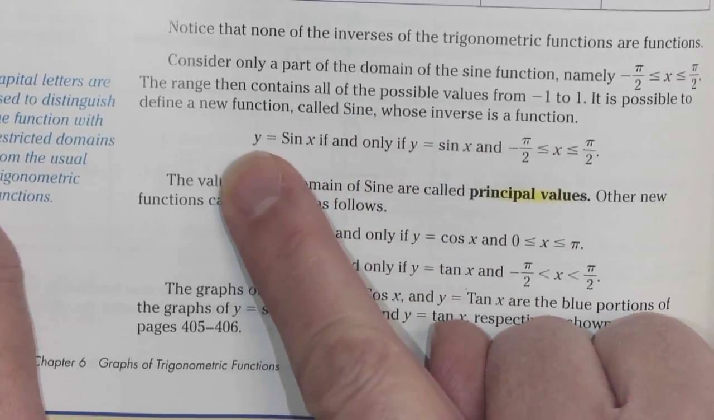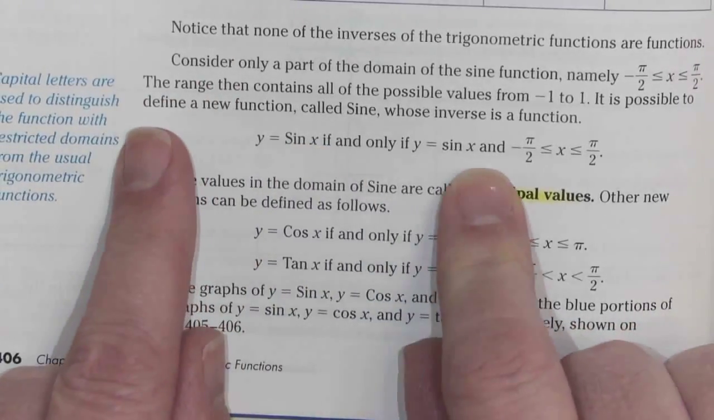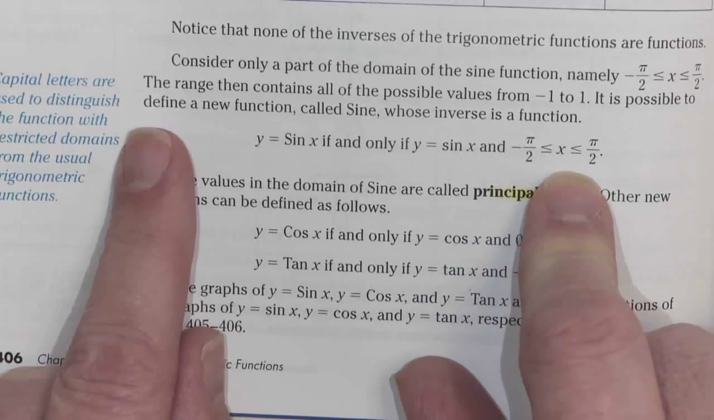Okay, so y equals the Sine of x. That's just this short bit from negative pi over 2 to pi over 2. All right,